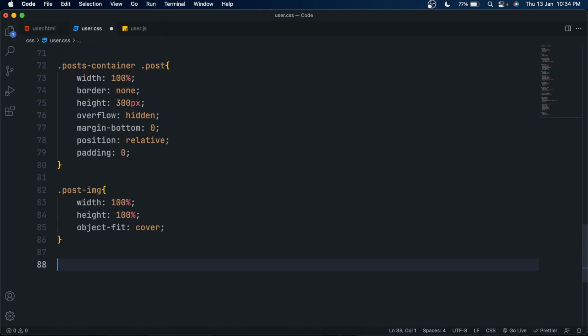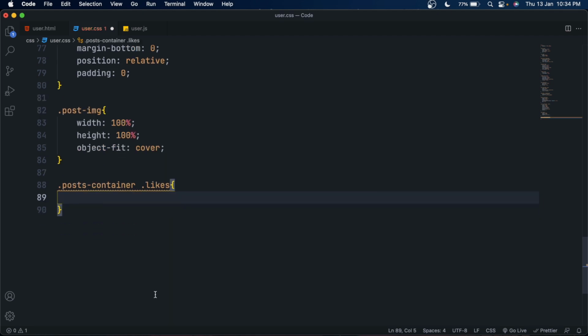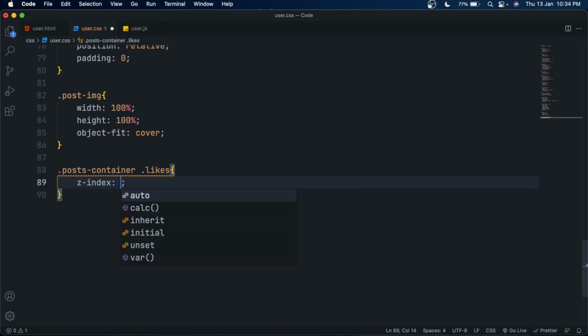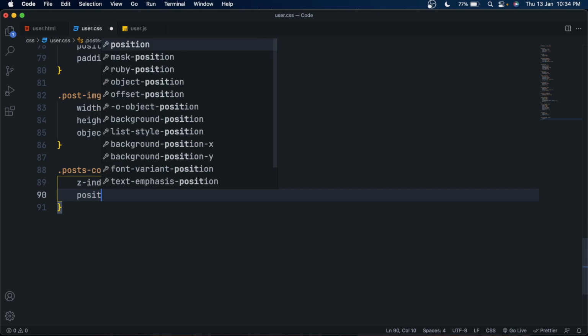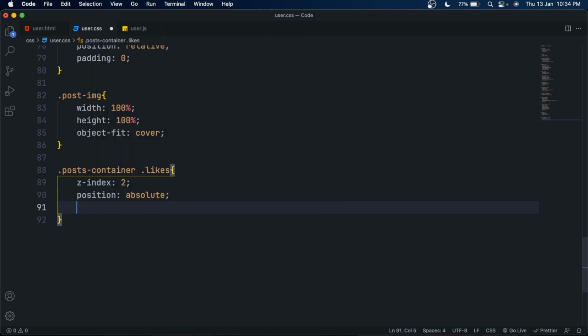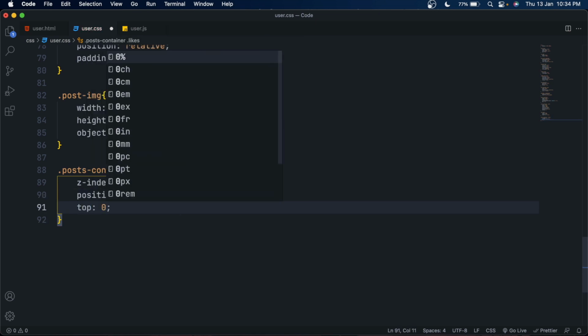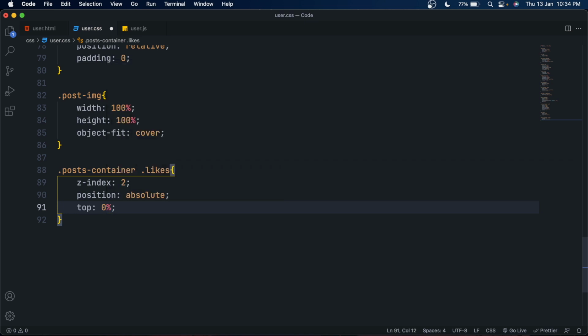So select the likes container here and set its Z index to 2, so it will be over our post image. Set its position absolute, so also it will be over our post image.